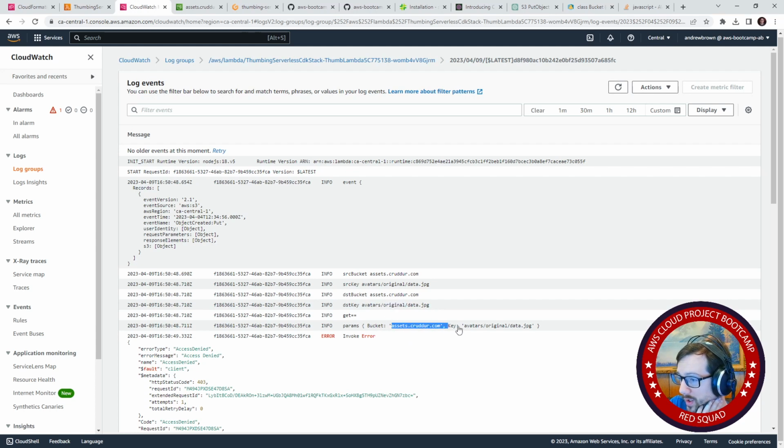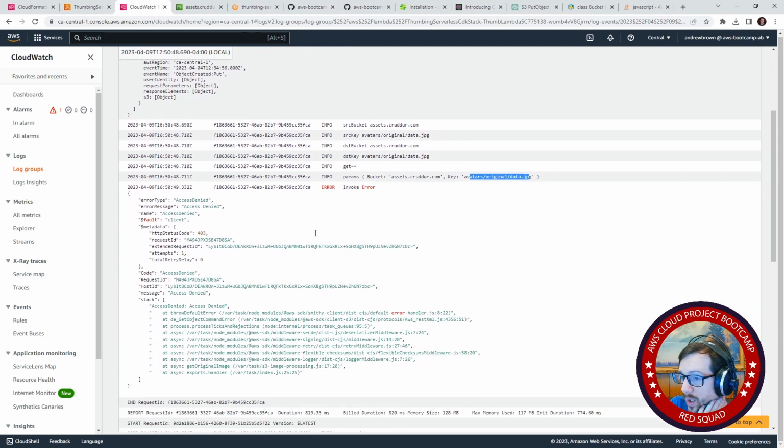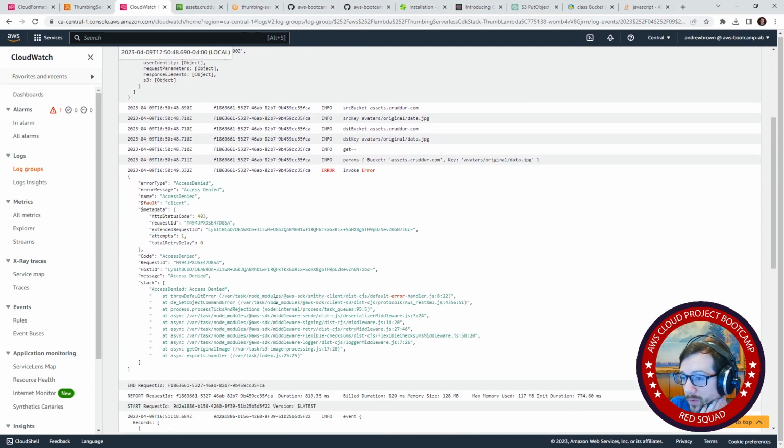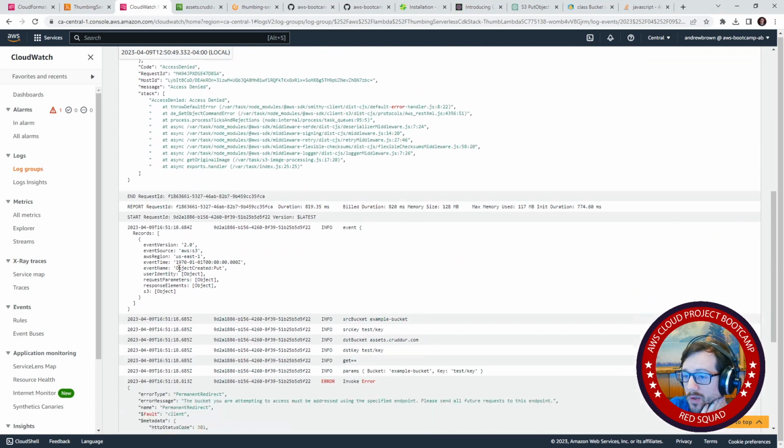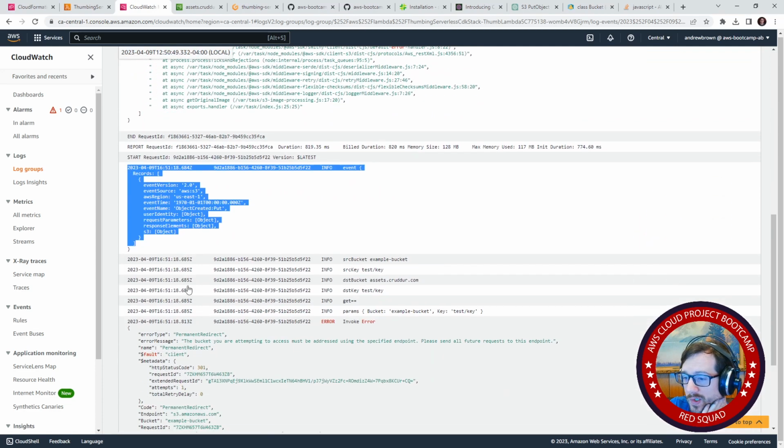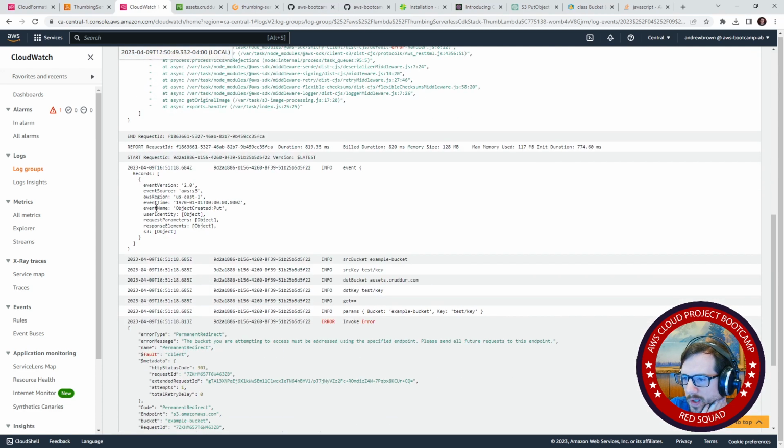Bucket assets CRUDder, key avatars, original JP, that's fine. Here we're getting an access denied 403. We shouldn't, because we have permissions, unless that's an old one. Yeah, look, see here, we have one here and then a second one down here. So what I'm thinking is that this one might be old, but then down below here,